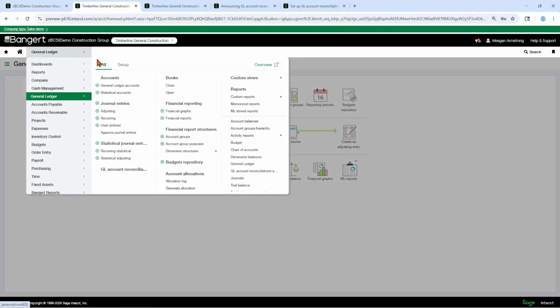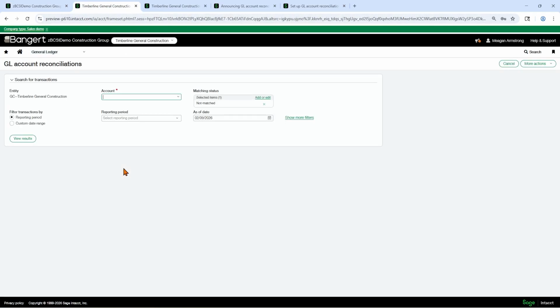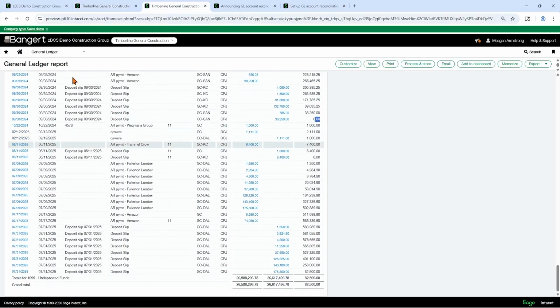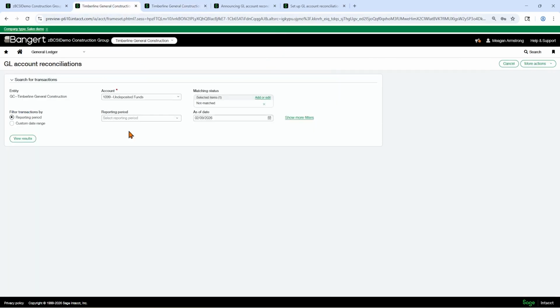So in General Ledger, we'll do Account Reconciliations. I'm actually going to do my undeposited funds account because I'm having a hard time getting it to balance to zero. I've run a general ledger here just to see the last time I know it was zero. I know it's zero here at the end of June, but let's go back all the way to October 2024.